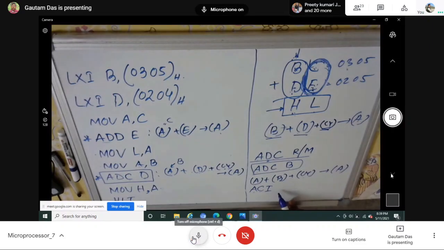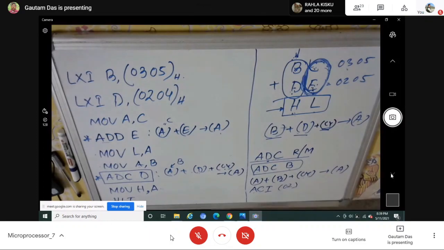Sir, a number, an 8-bit number. 8-bit data. That means if I write 02, that is what it will do. Accumulator content will be added with 02 and the carry information during that time, and the result will be stored in the accumulator. So ADC and ACI will add two 8-bit data with carry information. ACI is an immediate instruction and ADC is adding data with the register. So this is how you can add 16-bit data using 8-bit addition instructions.